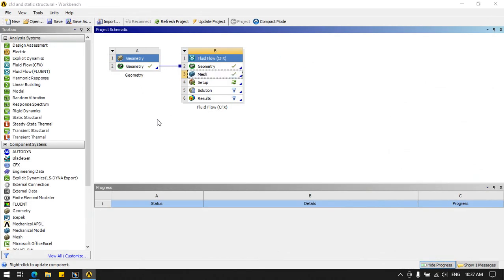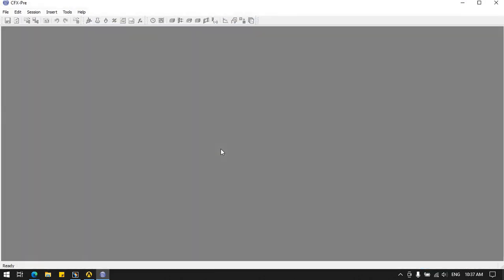Close it. Double click on Setup. Now we need to provide the inlet velocity of the water and the outlet of the water so that we can see the difference in force, etc. When you open the CFX method, this is the window we get.